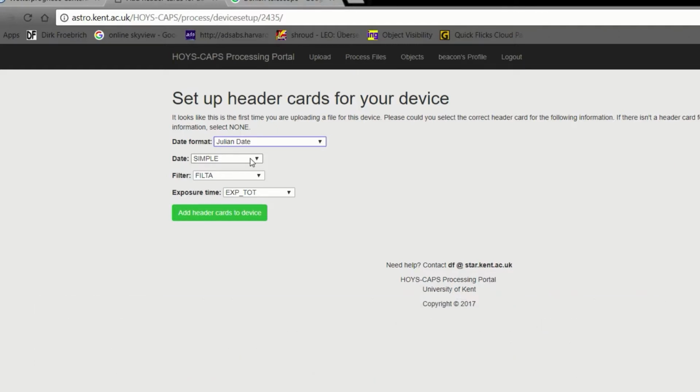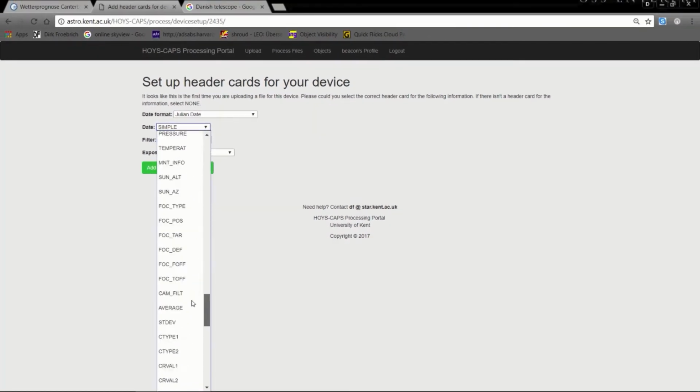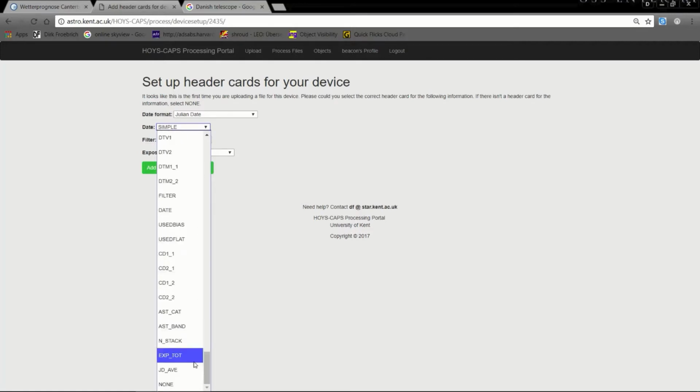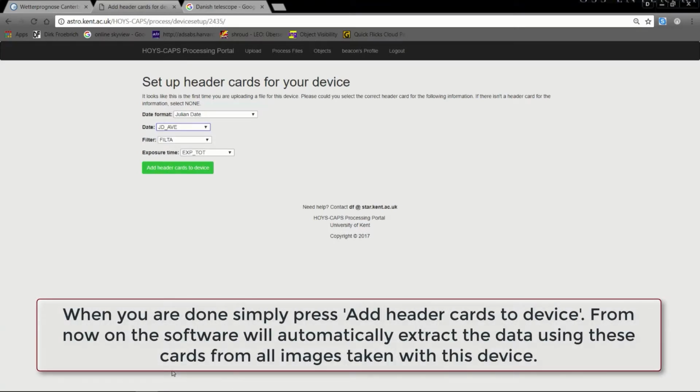So again, in our case, we've made a separate FITS header that is generated when the images are added together, and we simply store the Julian date or the average of all the Julian dates of the midpoints of all the individual exposures. And once you're done with all that, all you need to do is press Add Header Cards to Device. So then this information will be stored, and then all the other steps when you have new images will be run